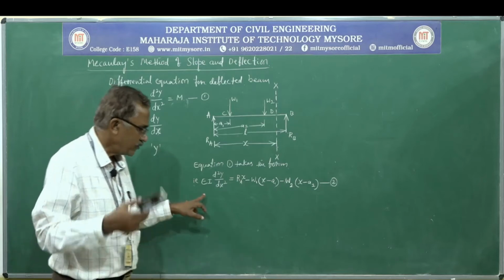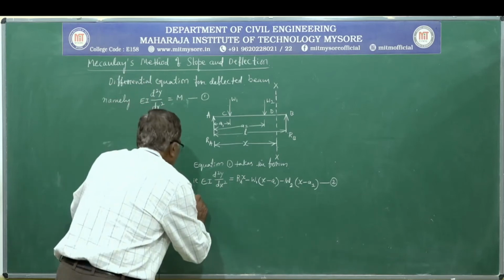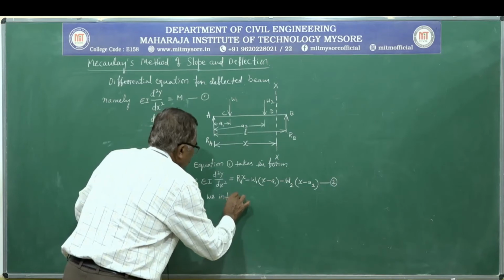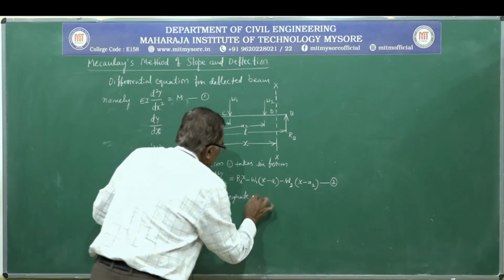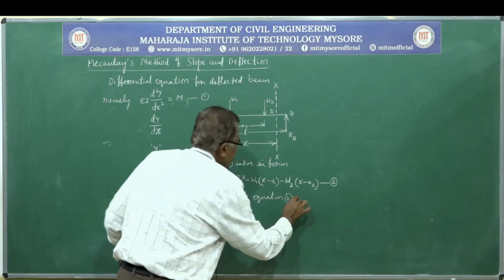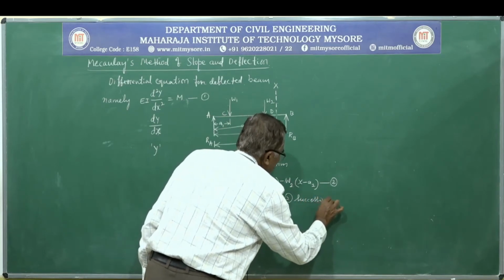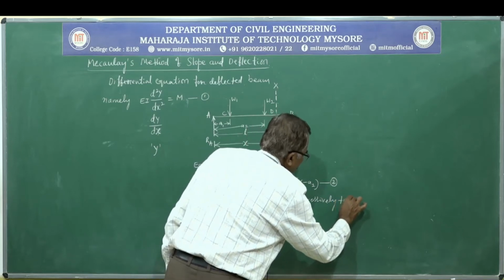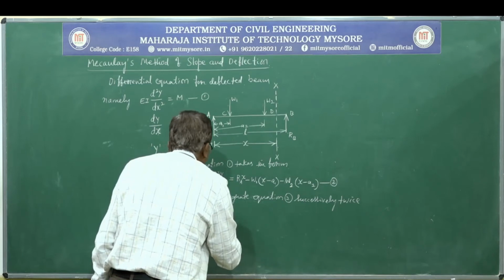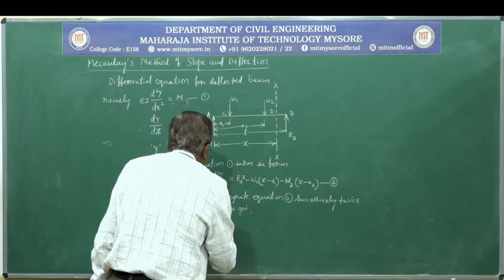Now if we integrate equation 2 successively twice with respect to x, we get